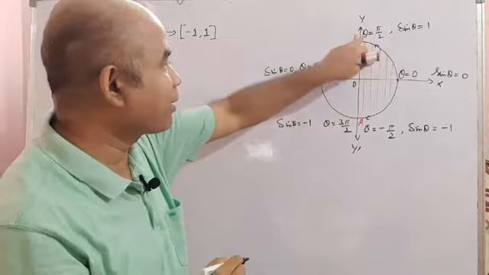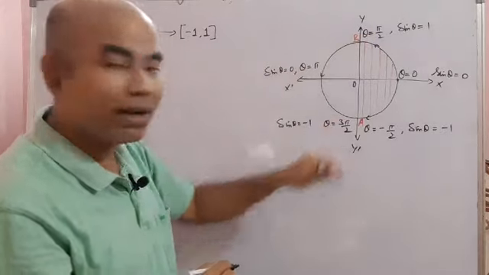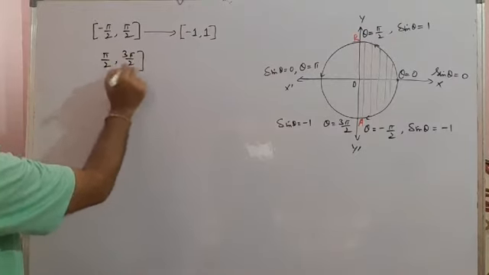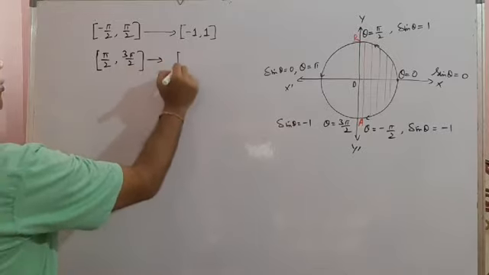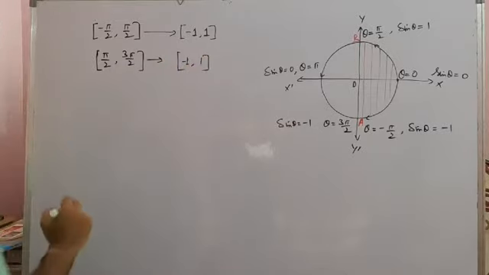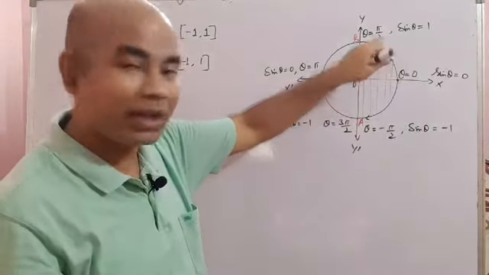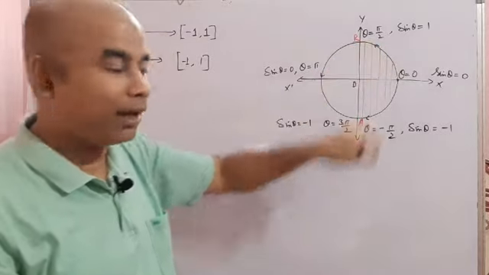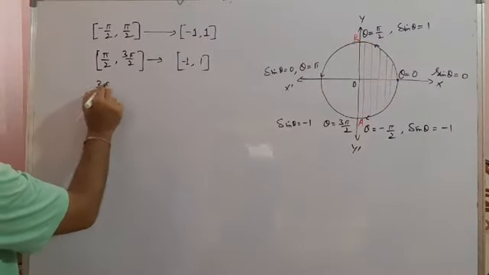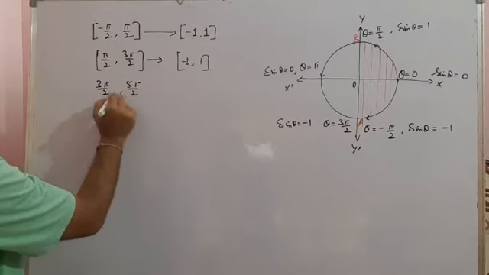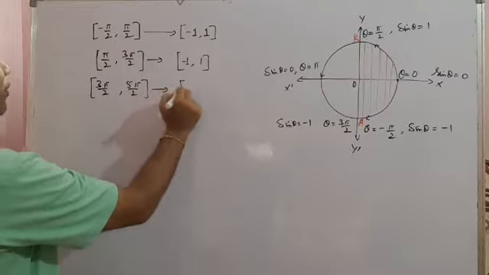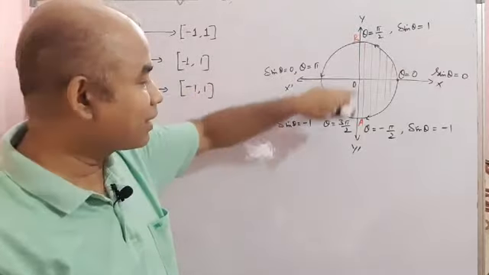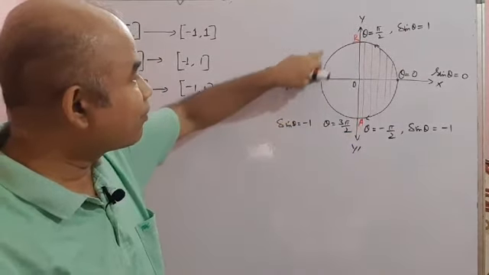Minus pi by 2 to plus pi by 2. Then if it is from pi by 2 to 3 pi by 2, then also sine theta takes all its values from -1 to +1. Similarly, if you carry on the rotation from 3 pi by 2, one semicircle is pi, so from 3 pi by 2 to 5 pi by 2, if you take theta in this semicircle, then also you will get -1 to +1. Or if I consider the rotation in the clockwise, that is the negative sense, then from minus pi by 2 up to -3 pi by 2.